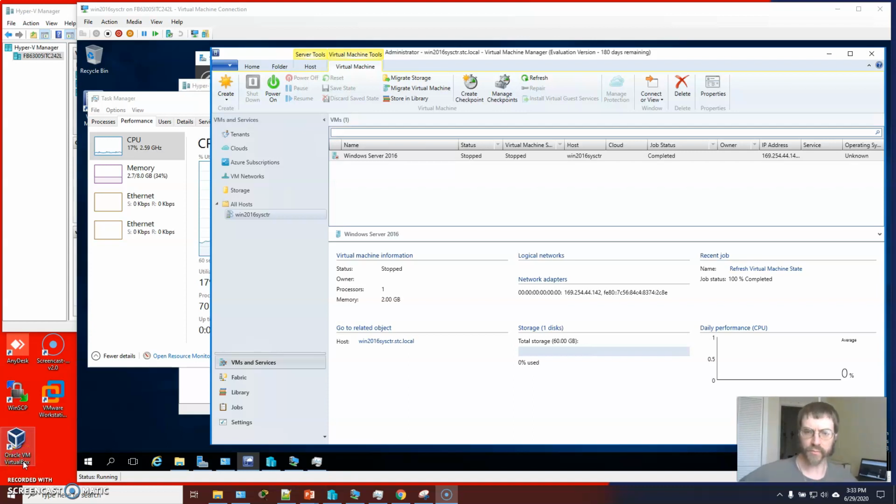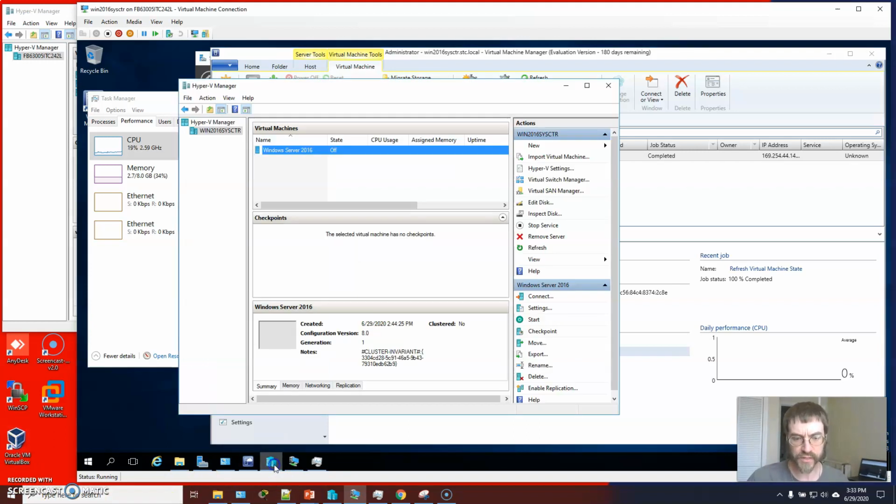Okay, so I've got my Windows Server 2016 image built inside my Windows Server 2016 image. We're going back in the direction of tumbling down the rabbit hole, as it were. Notice that there's some things you can see. Let's compare, just for a moment, the Hyper-V Manager